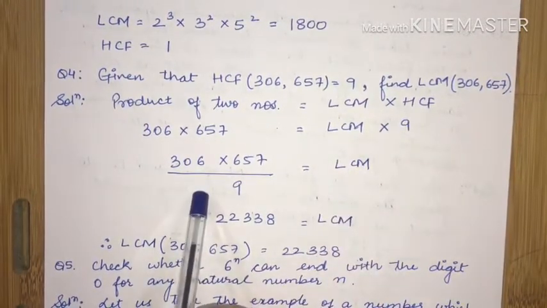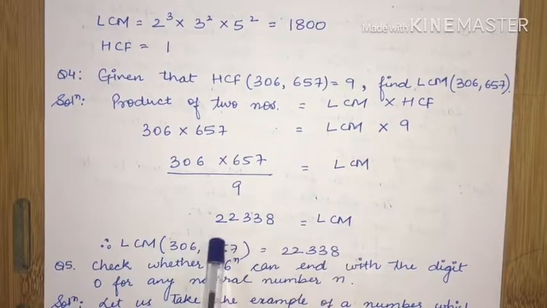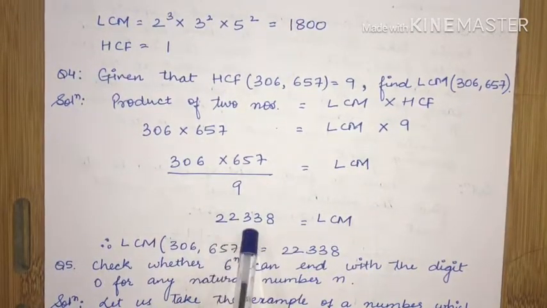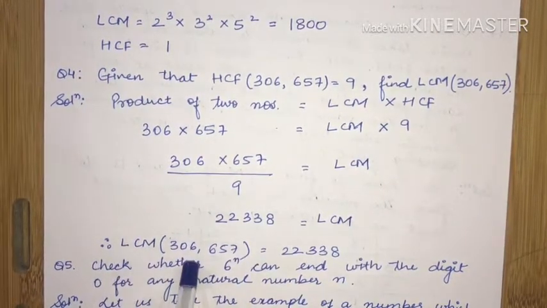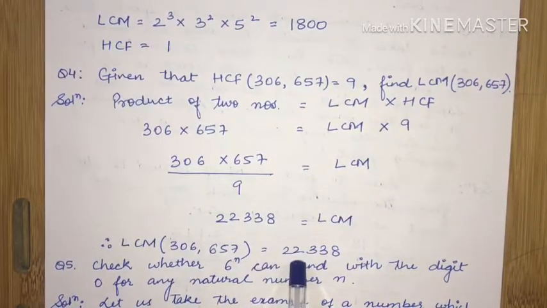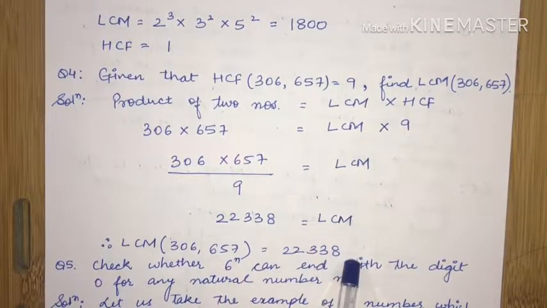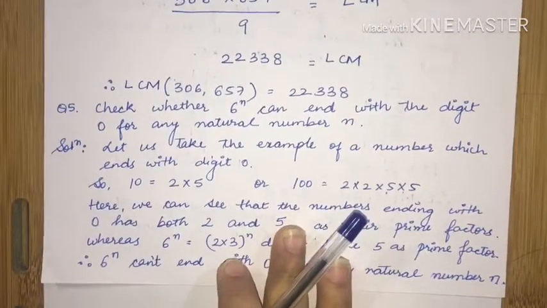We can bring 9 down and divide it. After cancellation, LCM comes out to be 22,338. Therefore, LCM of 306 and 657 is equal to 22,338. Next question, question number 5, which states that